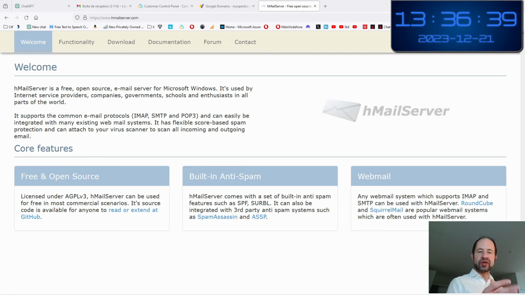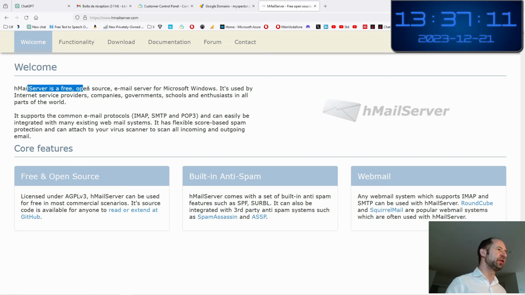And to do this, to have a server which will accept requests from other mail servers, we have to install a mail server on the target machine, which is a Windows Server in my case. There is an embedded email server on Windows, but from the little that I have read, it is not totally reliable. And there is an open source mail server called hMailServer, that I am going to download and install.